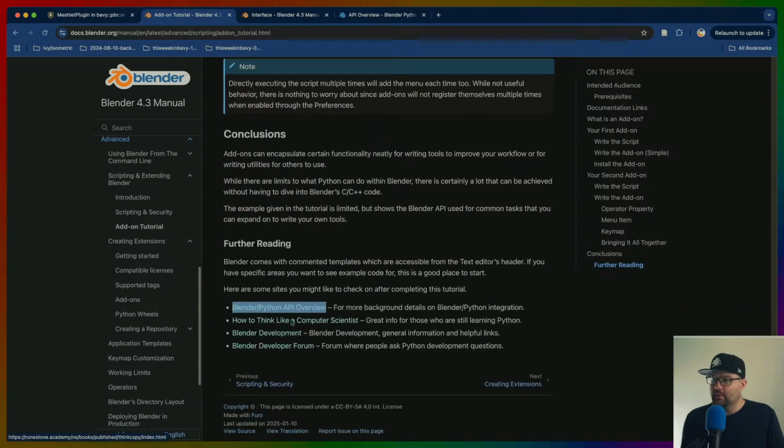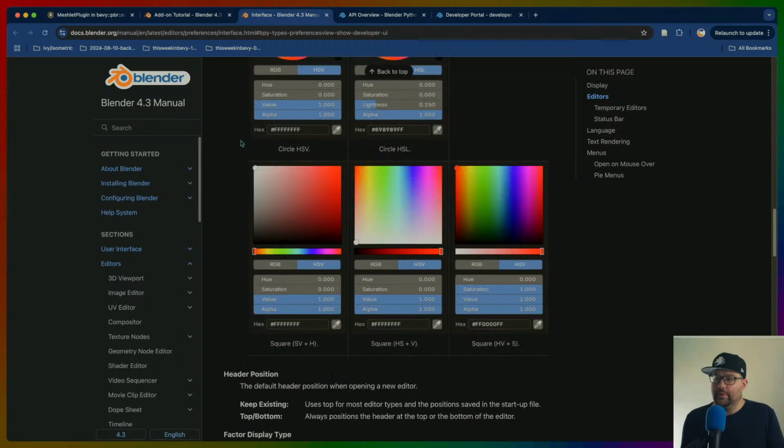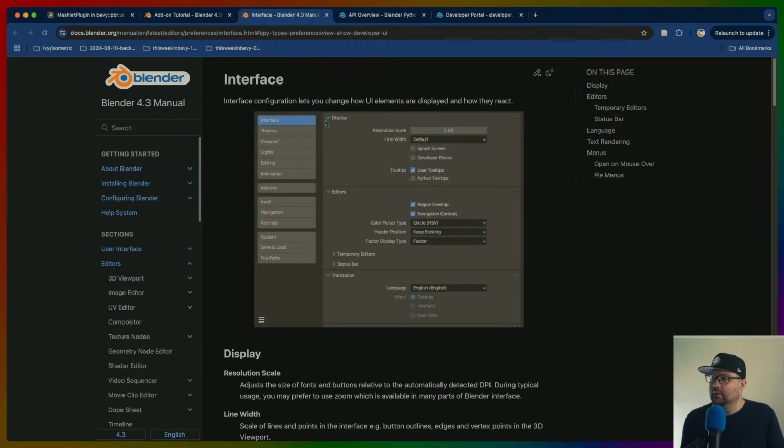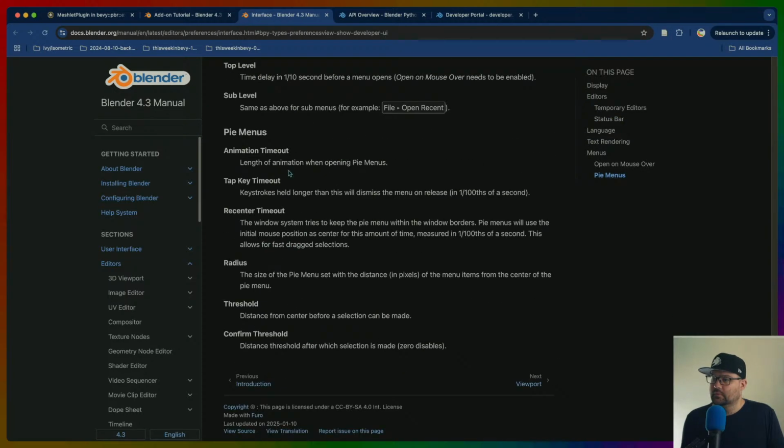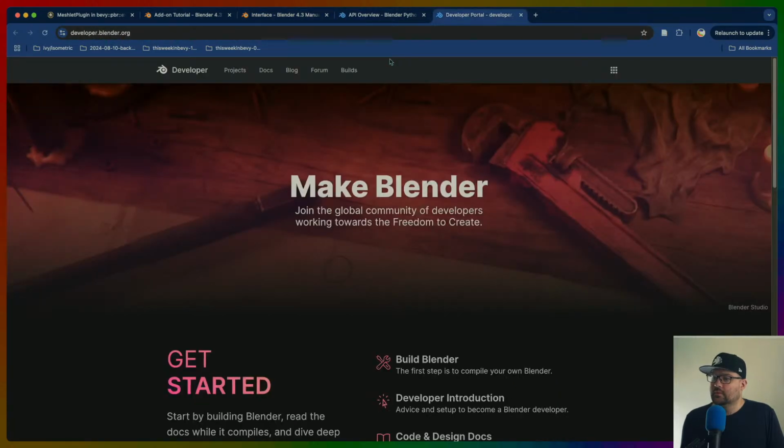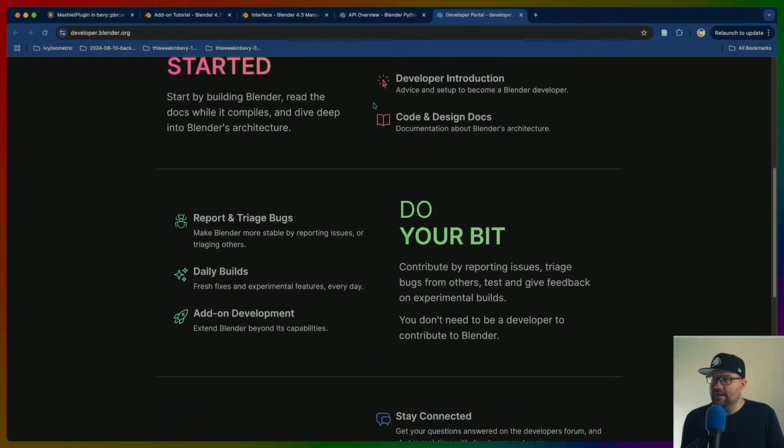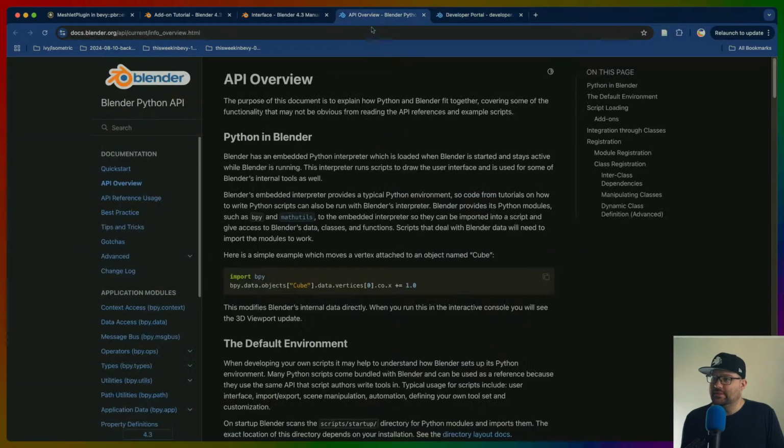Like, if I remember correctly, maybe it is here. I find navigating the Blender docs to be particularly